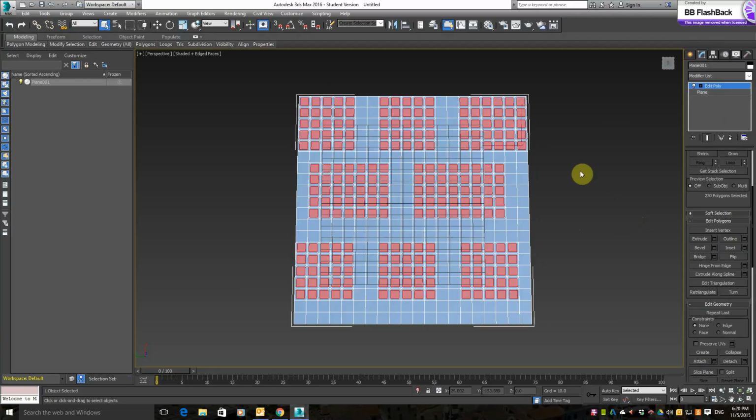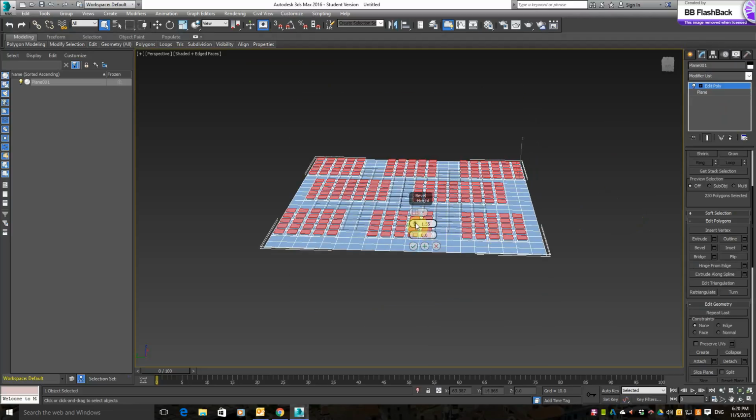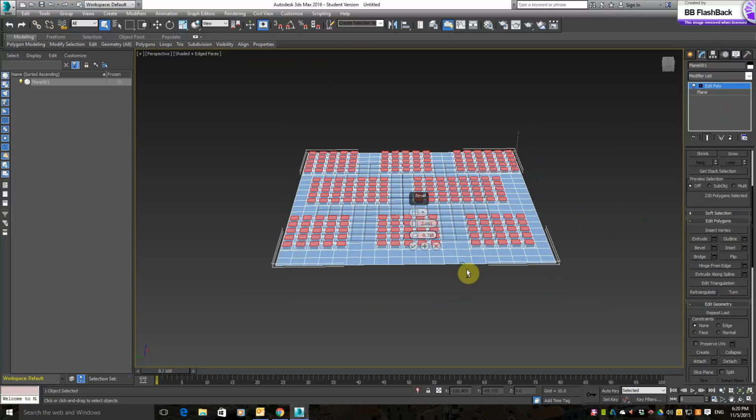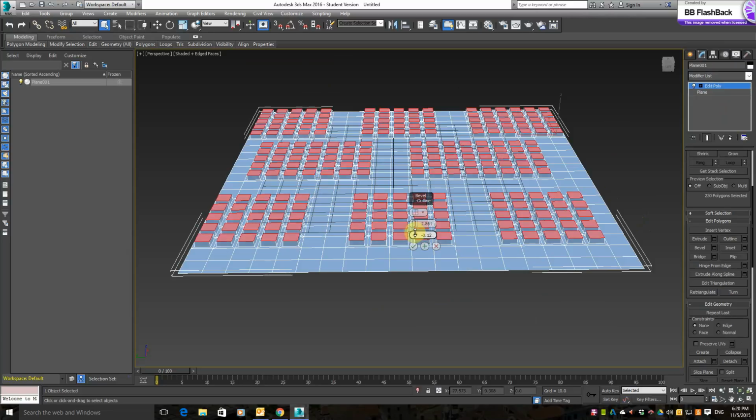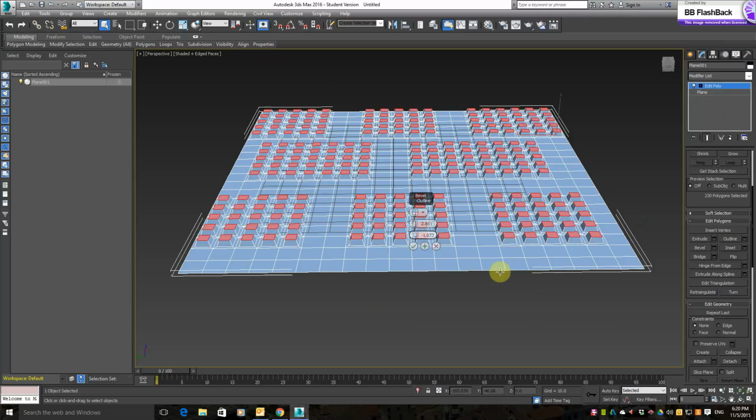So with those same selected polygons we want to bevel them, which is to give the edges a structure. So we select the bevel again by polygon and we up that amount, and as you can see it gives them some height, and you can position them inwards or outwards, and in this case we want to position them inwards so they have a podium-like base. So we click OK,